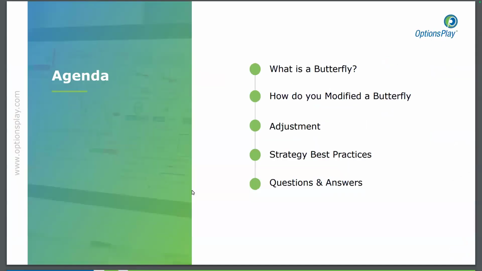All right, so today we're just going to look at one butterfly. So we know what a butterfly is. If you're here and you don't know what a butterfly is, this is going to be a very over-the-top presentation on it, because we're going to start with a butterfly and then we're going to modify it, and then we're going to adjust it. So we go butterfly, modified butterfly, look at the adjustment for when it's gone against us, and we'll just talk about when we want to do that adjustment. And I got that titled as best practices, and then we'll have a Q&A.